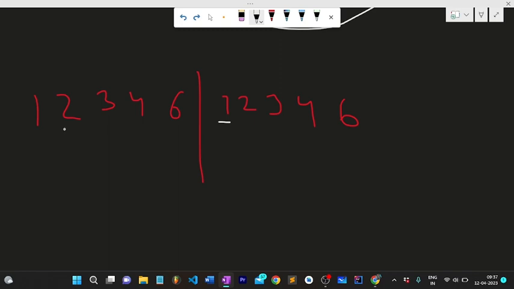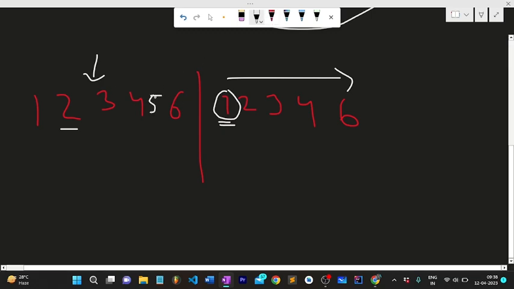Now we have to count all such pairs where we choose two numbers, one from left and one from right, and the left one is greater than or equal to 5 times the right one. Can we say that if I iterate over this array, for each element, let's say 1, I find the minimum element that is greater than or equal to 5 times 1? Here it is 5, and 5 is present in the array.